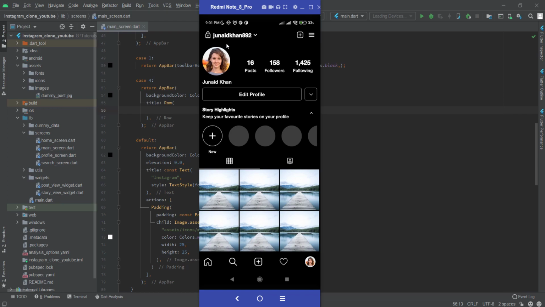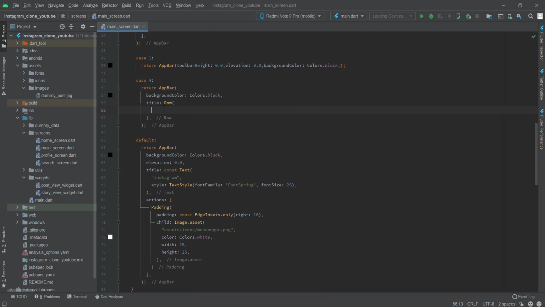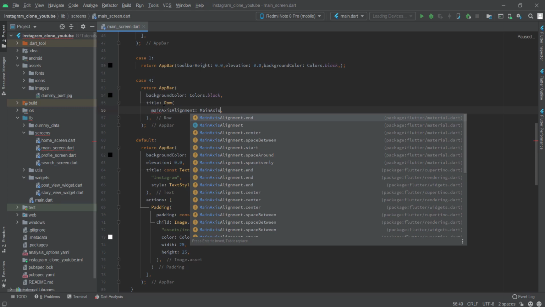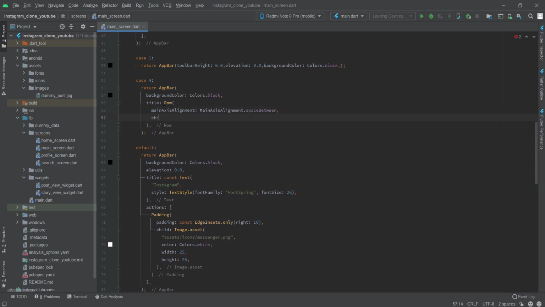So we will use a row in the title, and within the row we will add 2 more rows, and for the parent row we will add main axis alignment as space between. We will add 2 more rows, one for this and one for this. So main axis alignment, space between, children,